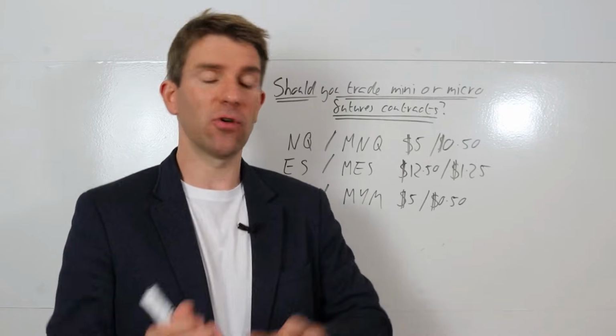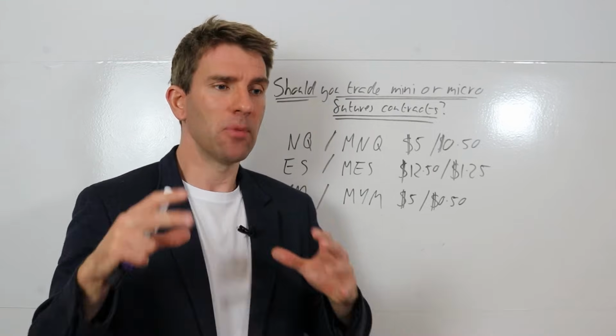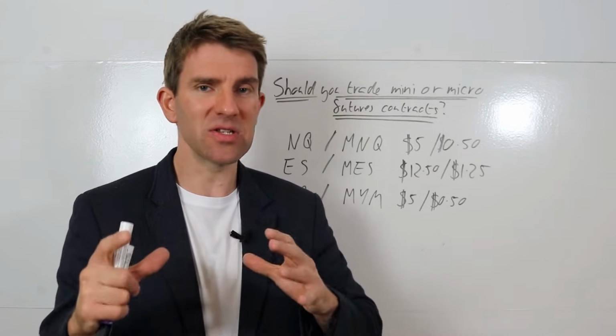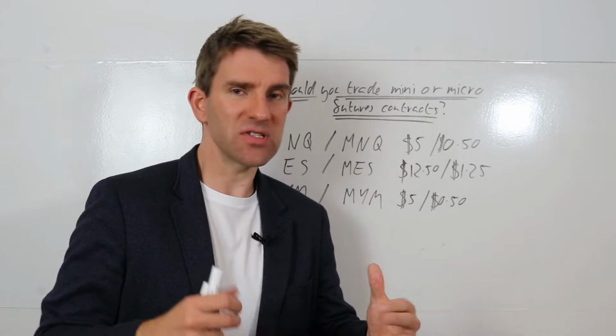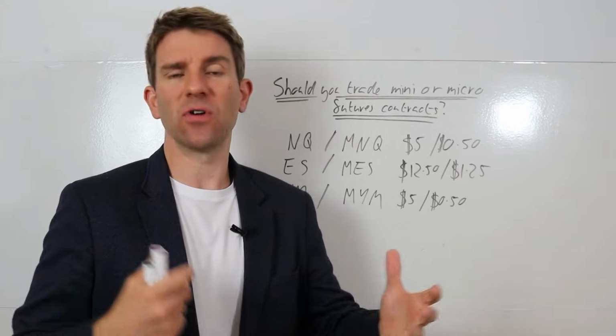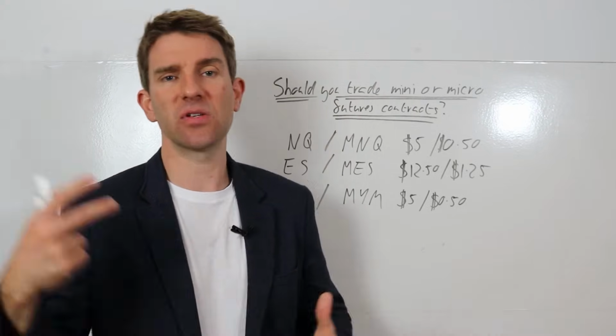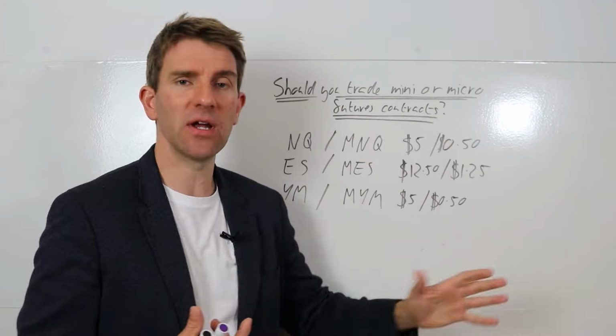Sometimes it's clear. If you've got a smaller account, then you're going to trade the micro. If you've got a larger account, you're going to trade the mini. But when a lot of traders sit somewhere in the middle, it's like, okay, what do I trade? Because there's a commission thing to consider, there's cost to trade, there's the volatility of the market to consider, there's the price per tick, all this kind of stuff. So I thought that's a great idea for a video. Let's do a quick video and talk about this.